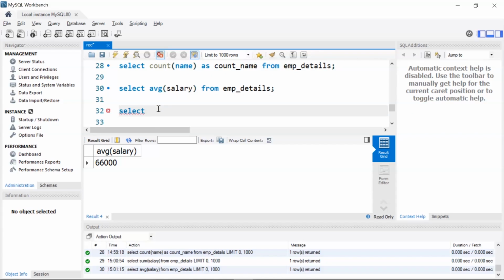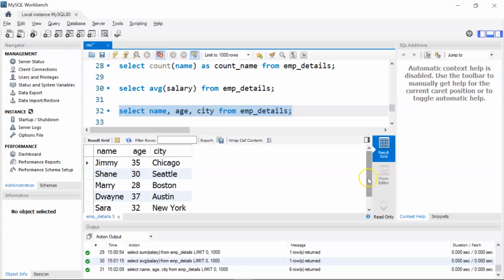So let's say I want to select just the name, age, and the city column from my table, that is employee details. So this will result in displaying only the name, age, and city column from the table. If I run it, there you go. It has given only 3 columns to me.